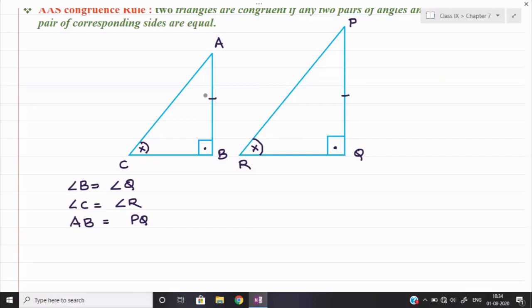Okay, here I have taken AB is equal to PQ. I can take here AC is equal to PR also. Okay, then also we can say that angle side angle will be applicable. Here I can take AC is equal to PR. So then also you see angle side is applicable. Start reading from angle number B. So angle number B, angle, then again C, that is also angle, and then side is coming AC. So angle, side, that is also possible to say.